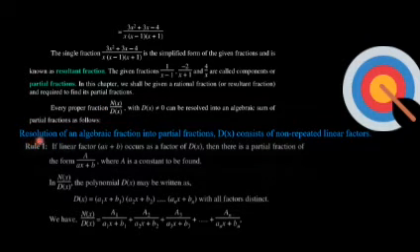First of all, let's discuss how to resolve an algebraic fraction into partial fractions whenever the denominator consists of non-repeated linear factors. This is case 1, or we can call it rule number 1. If a linear factor ax plus b occurs as a factor of the denominator, then there is a partial fraction of the form A divided by ax plus b. Here A is a constant and we'll have to find this constant.